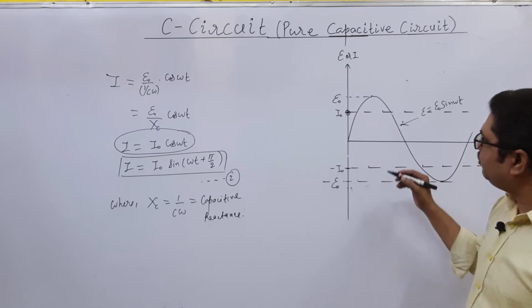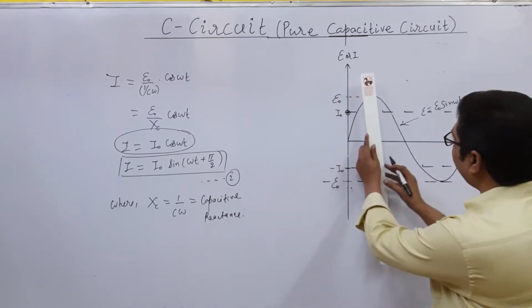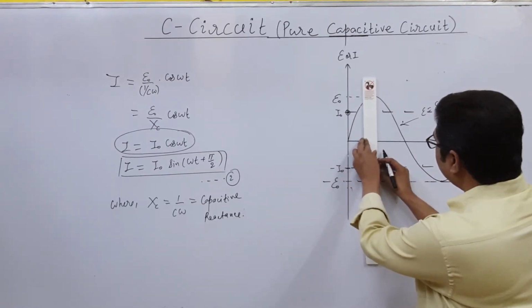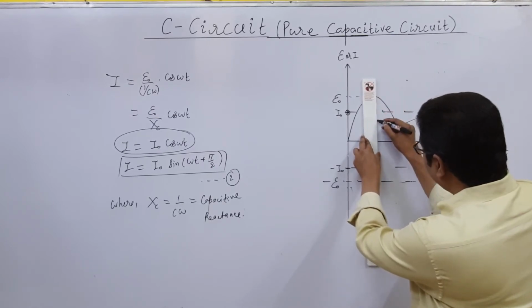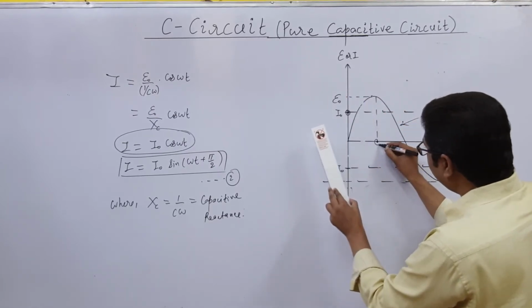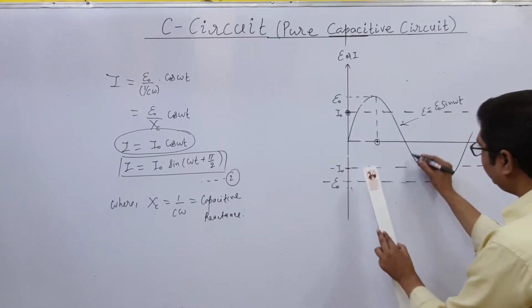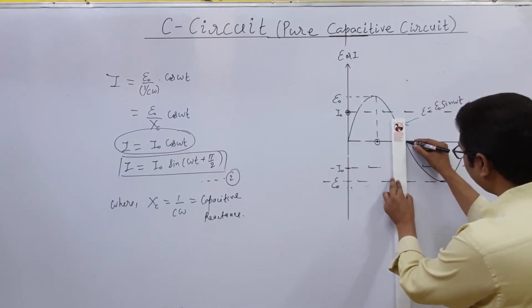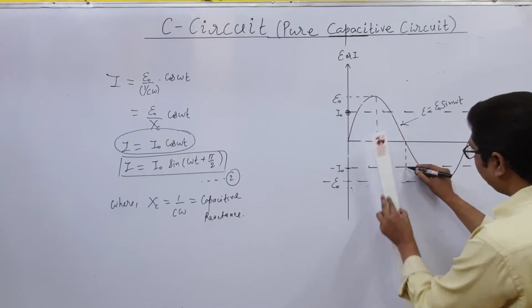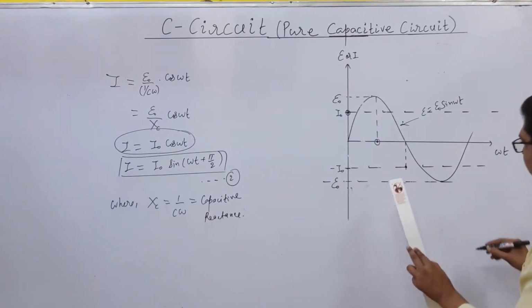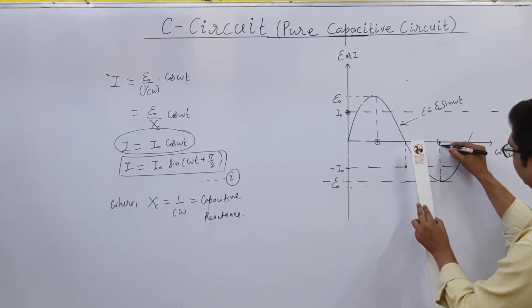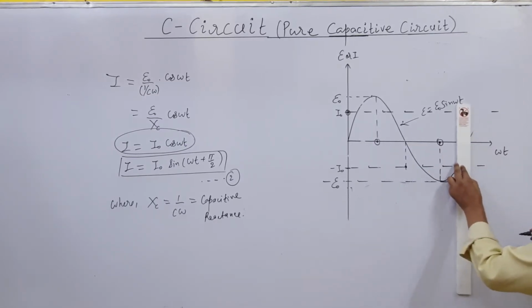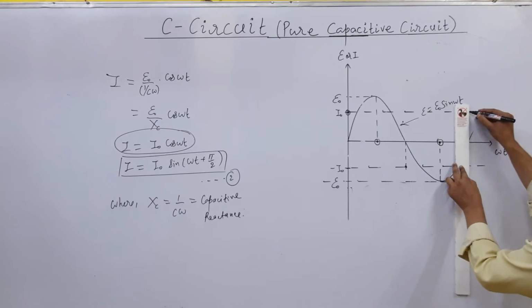This means that this is the first point. Now what about the second point? The second point will be at 0. This is the second point here. It is the second point, and this will be the third point from this side. After that, this will be the fourth point, and this will be the fifth point.